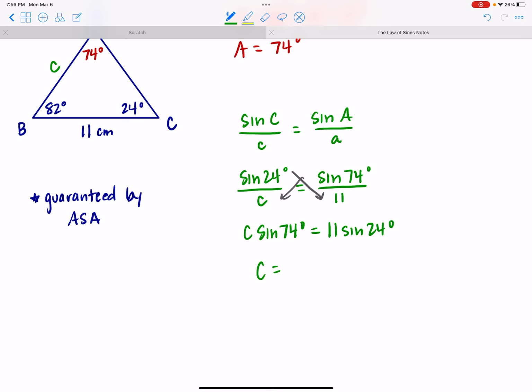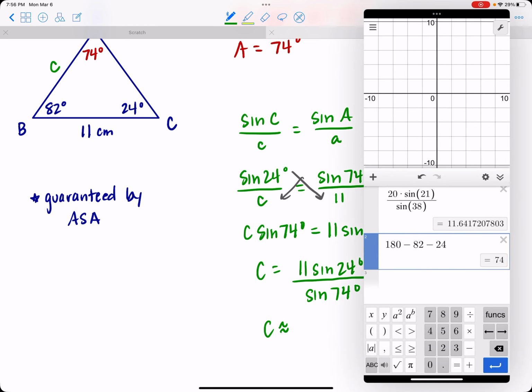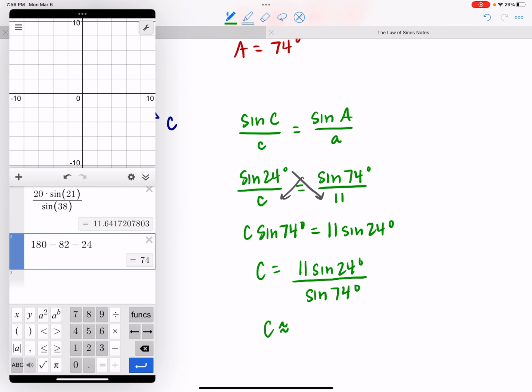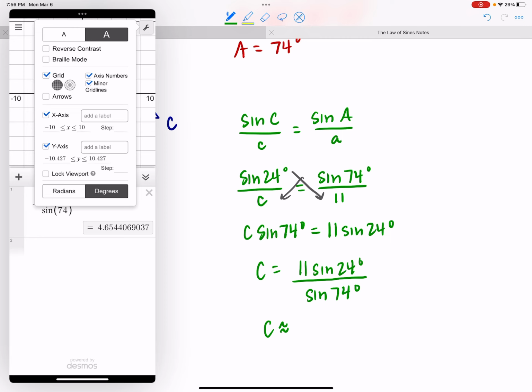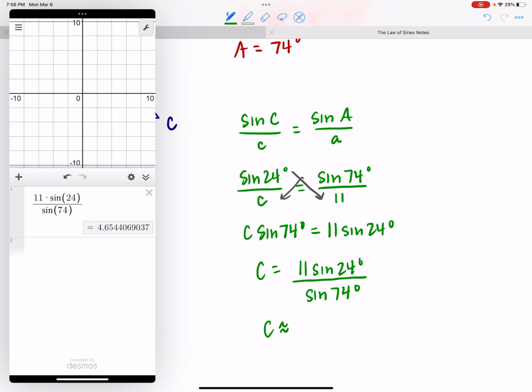So C is going to be 11 sine of 24 divided by sine of 74. Now we're going to approximate that with our calculator. I'm going to try to work smarter and not harder here. So let's put in 11 sine of 24 divided by sine of 74 and make sure we're still in degrees. Yep. And so C ends up being about 4.65,